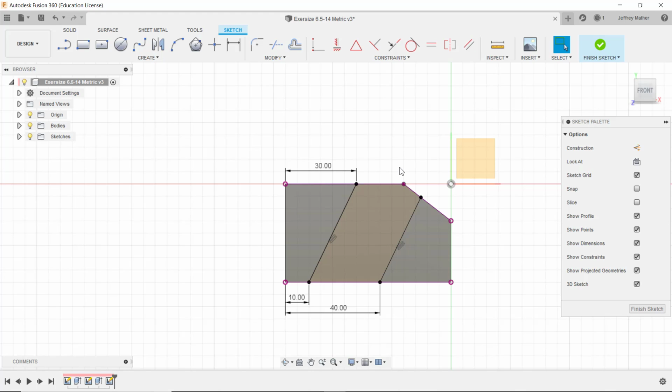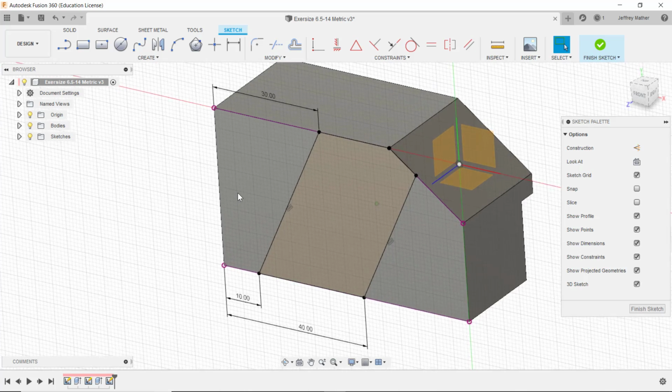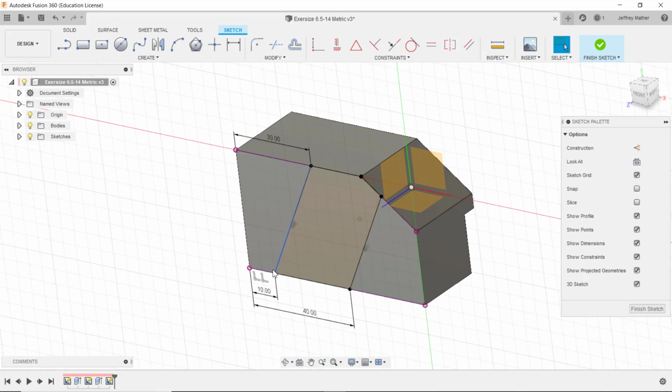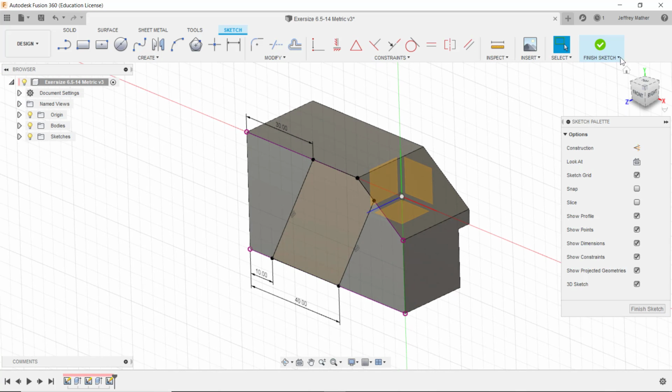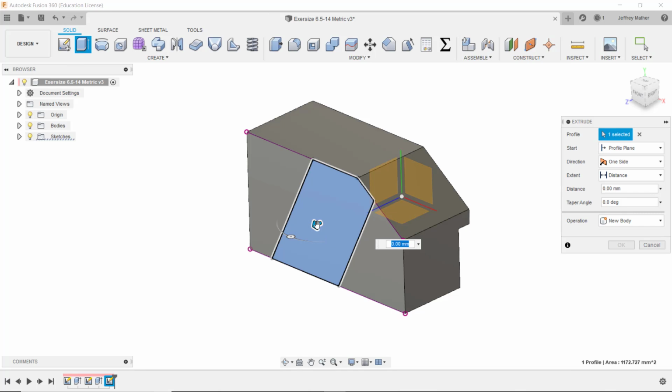Now we don't really have to do the next step because we have an enclosed profile, but I prefer to sketch object lines over top of that in case I make a really big change, so that change doesn't cause my sketch to go sick. Now if I know I'm not going to make any really big change, I could just leave it the way it was, but I'm just going to use that technique of sketching over top of that, and I'm going to